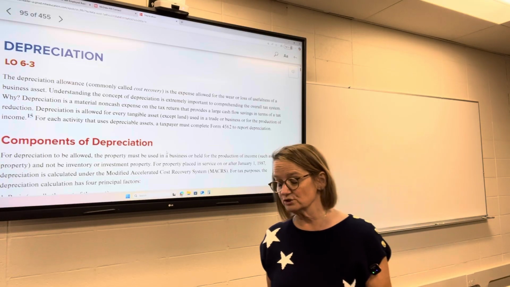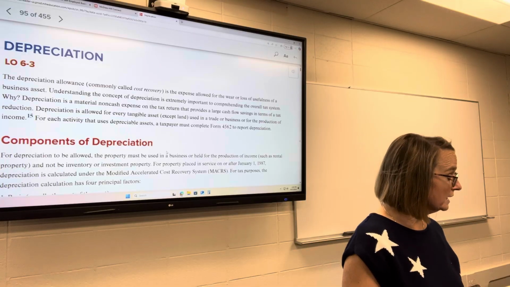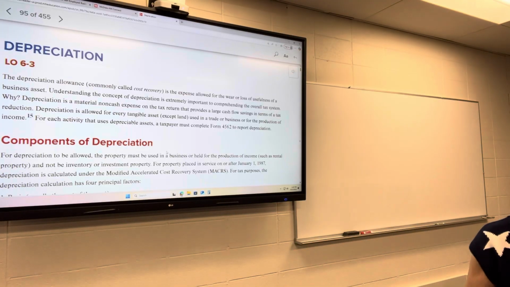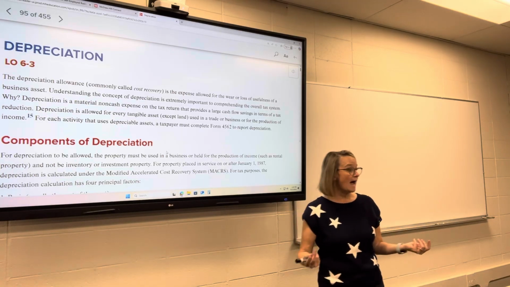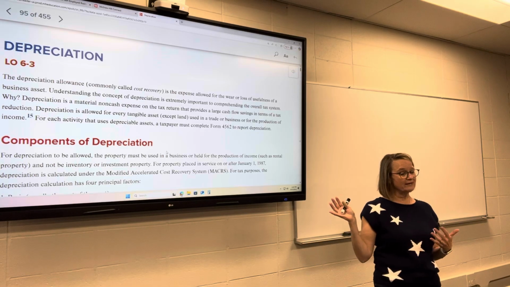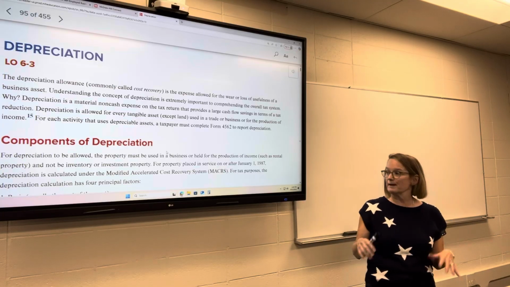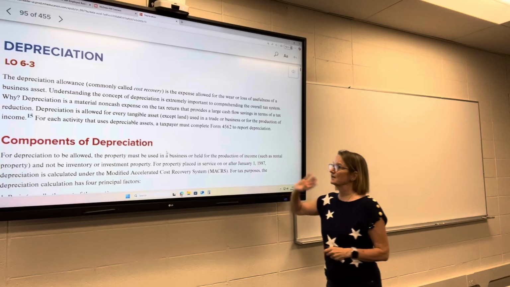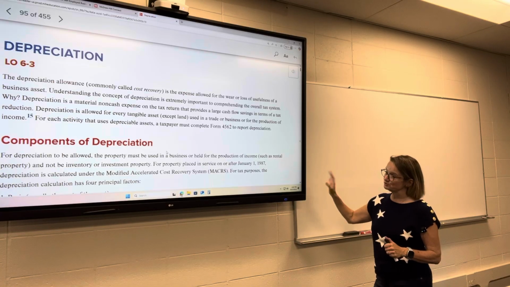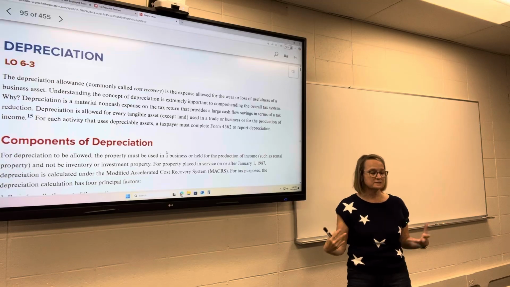Just like with financial accounting, though, we don't depreciate land for tax purposes. Land does not get depreciated, but buildings do. And how we depreciate those buildings, you'll find out, depends upon what the use is for that building. So first thing we're going to do is go through these different components of depreciation. We're also going to learn about a different form in this section,